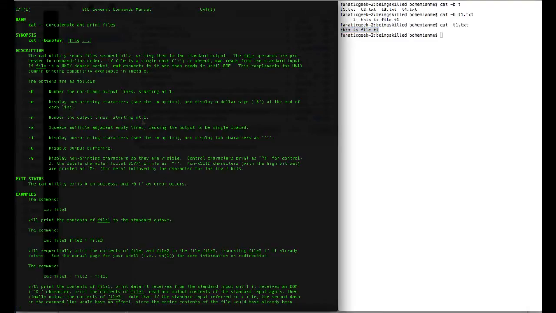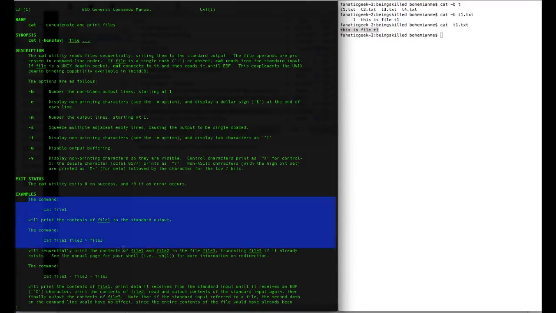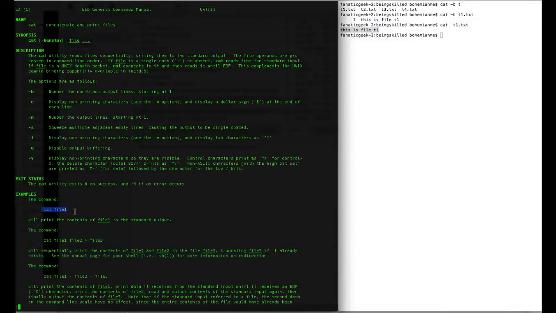Then we can see exit status, which only tells us whether the command has run successfully or some error occurred. Then examples. So what are the ways by which we can use the command? Let's say if we just type cat filename, it will just show us what the file contains.